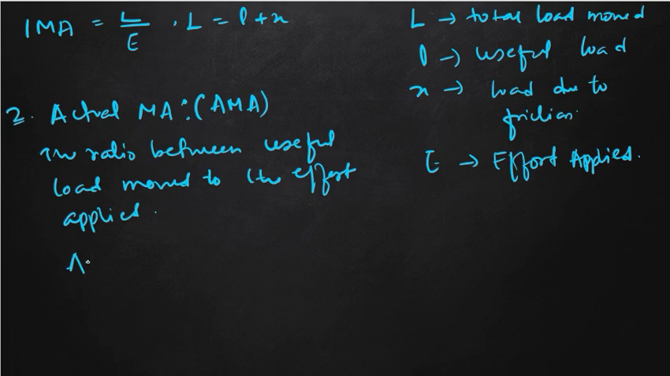So what will be the formula? AMA, this will be our small l. Small l is the useful load divided by the total effort applied, that is L by E. So this is the difference only. I think it's clear. Okay,